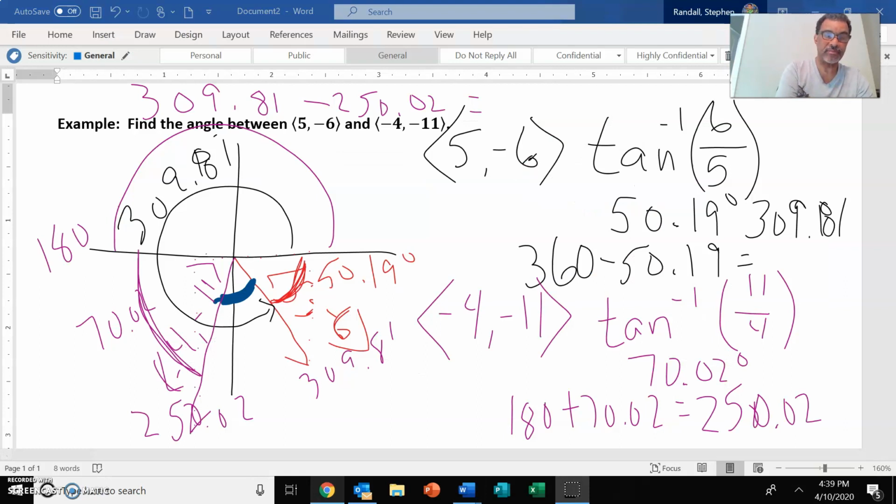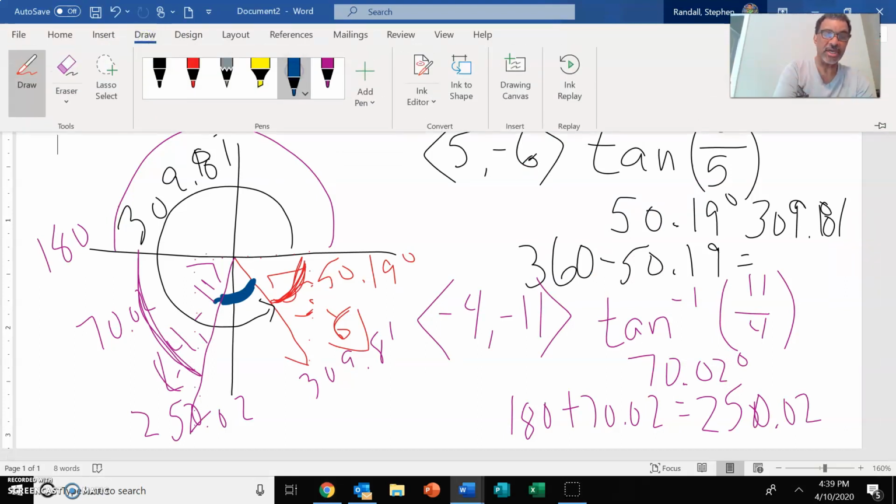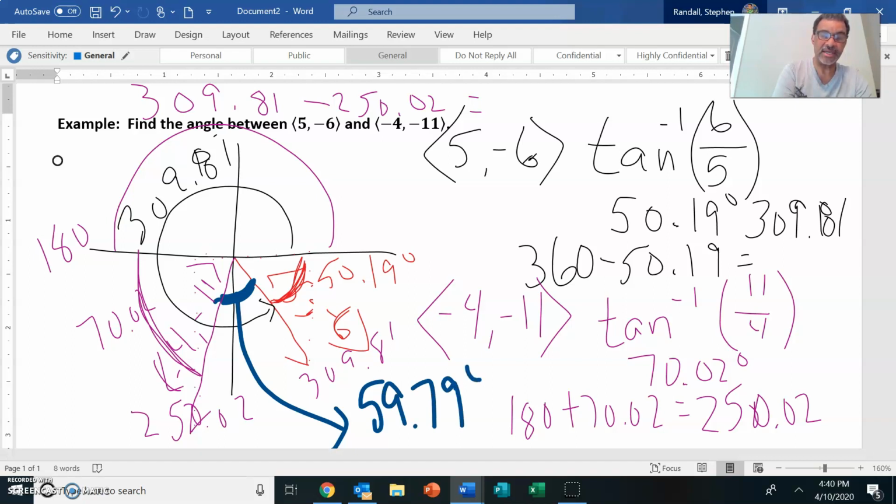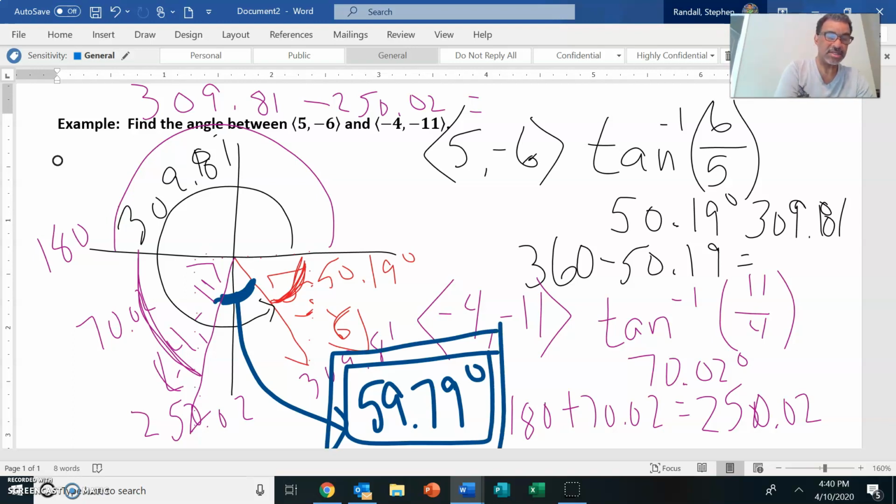59. Let's do it in blue since that's where I started. This angle is 59.79 degrees. All right. And that is method